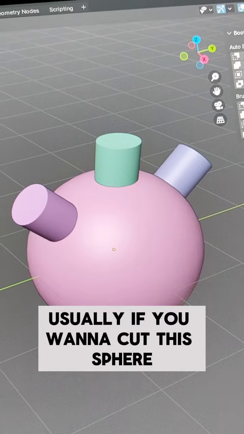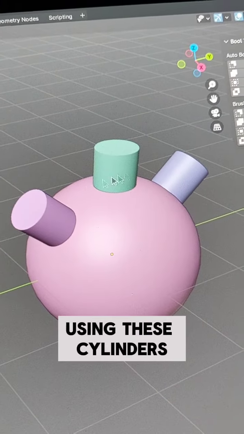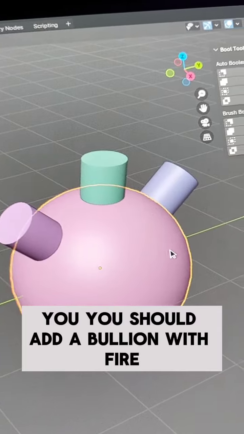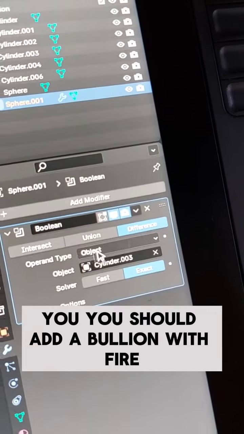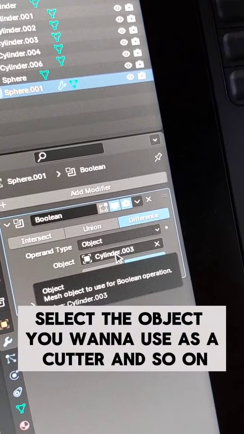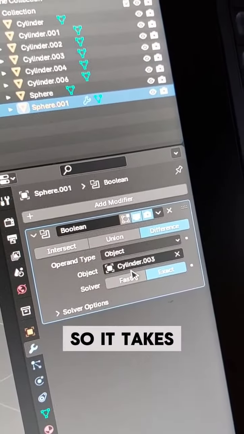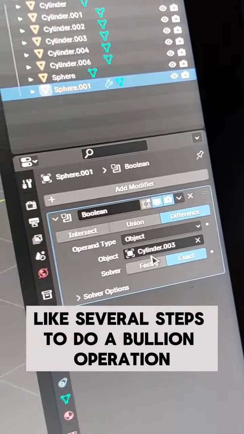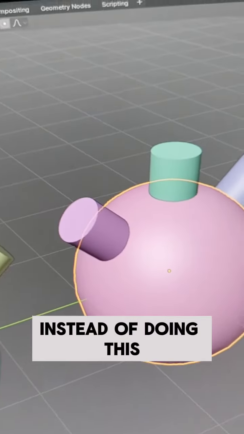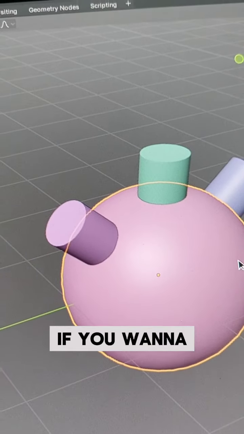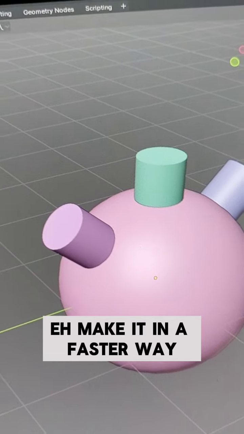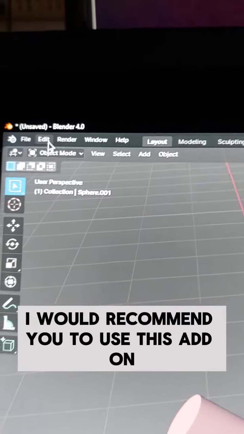Usually, if you want to cut this sphere using these cylinders, you should add a boolean modifier, select the object you want to use as a cutter, and so on. So it takes like several steps to do a boolean operation. Instead of doing this, if you want to make it in a faster way, I would recommend you to use